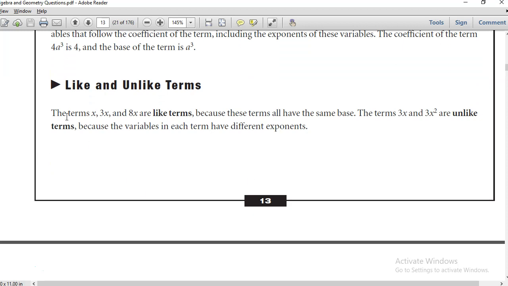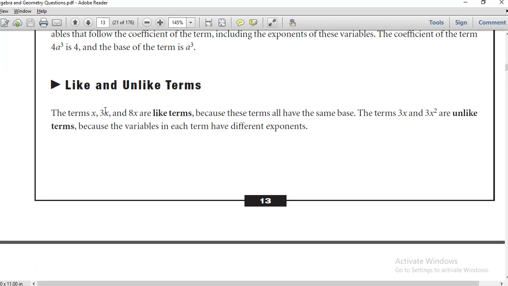So we have a simple definition and simple understanding from this statement. The terms x, 3x and 8x are like terms. Why? Because in all these three examples we have the same variable. So that is why we call them like terms, because these terms all have the same base or